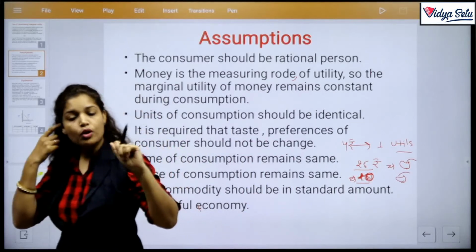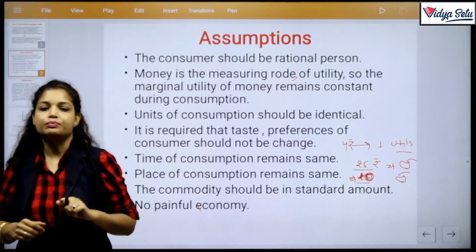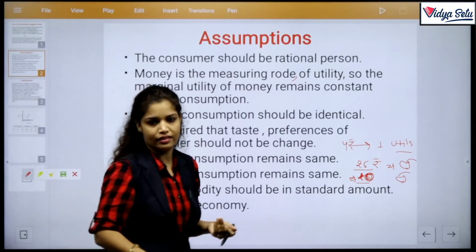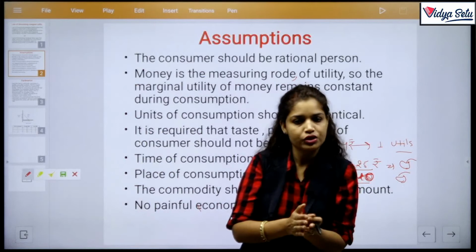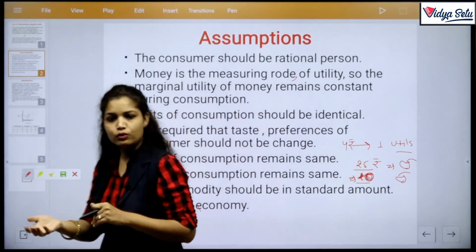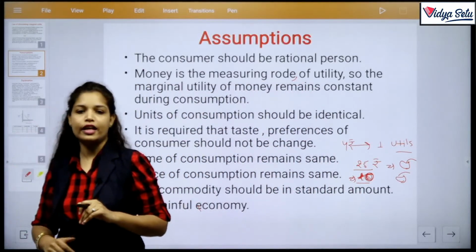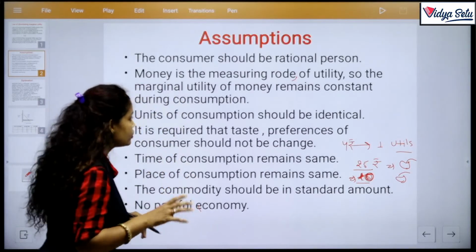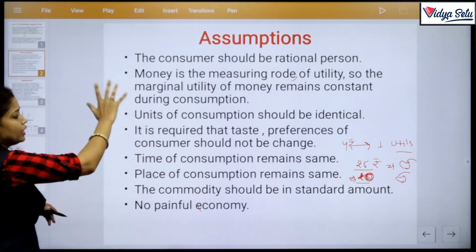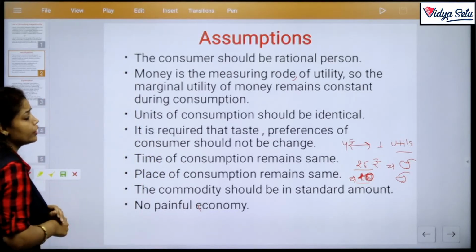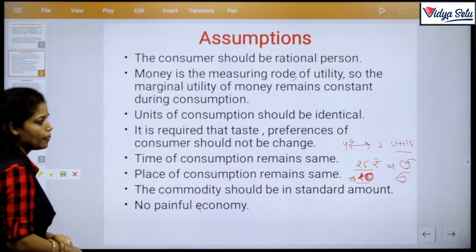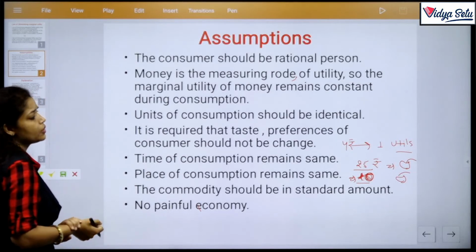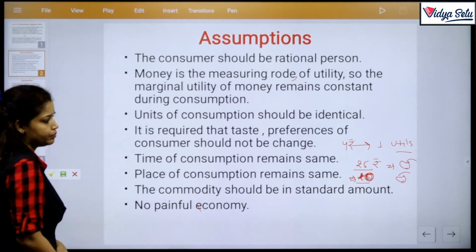If the second commodity is available free, then the satisfaction increases, क्योंकि हमें फ्री की चीजें ज्यादा पसंद है. फैक्ट बात है. अगर 2 पे 2 का ऑफर चल रहा हो ना, तो हमें 2 जो पैसे देके आए हैं वो उतनी अच्छी नहीं लगेगी जितनी हमें फ्री में लेके आए उतनी अच्छी लगेगी. तो दिस इज द ह्यूमन नेचर. So here we assume that the marginal utility of money remains constant. Hope you understand. So we move to our next point, that is units of consumption should be identical.